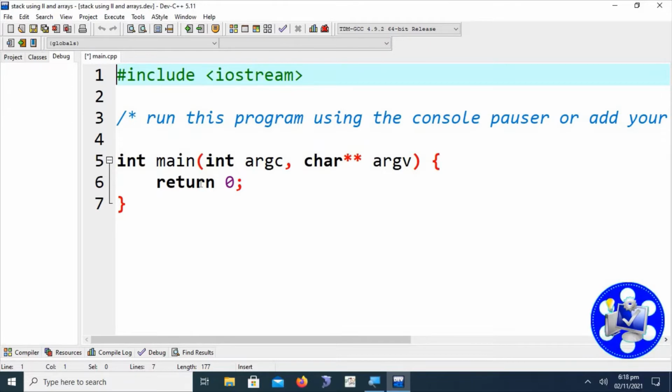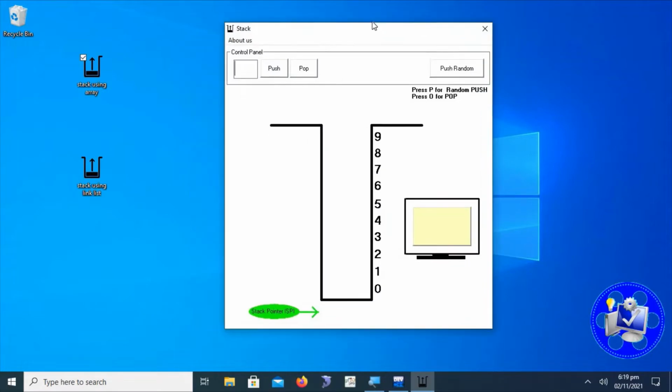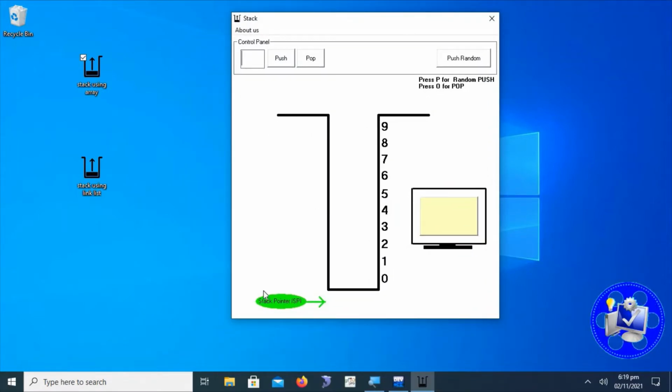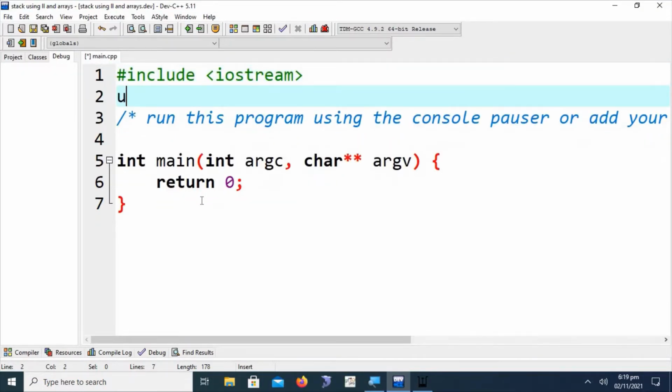Here we have to understand one more thing for the implementation of stack using array. What are the requirements to implement the stack? We have to just observe the animation again. We require an array; here is the array of 10 elements. We can also increase or decrease the maximum limit of the array. So first of all we have to select the maximum limit or size of the array.